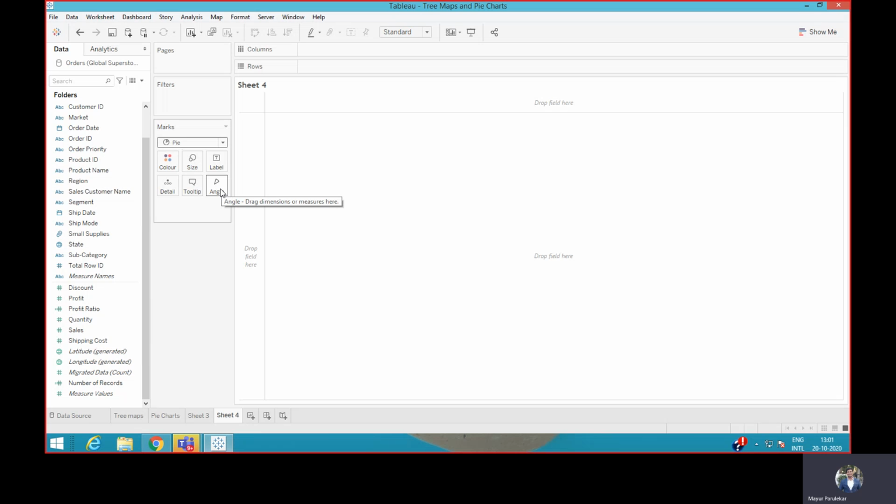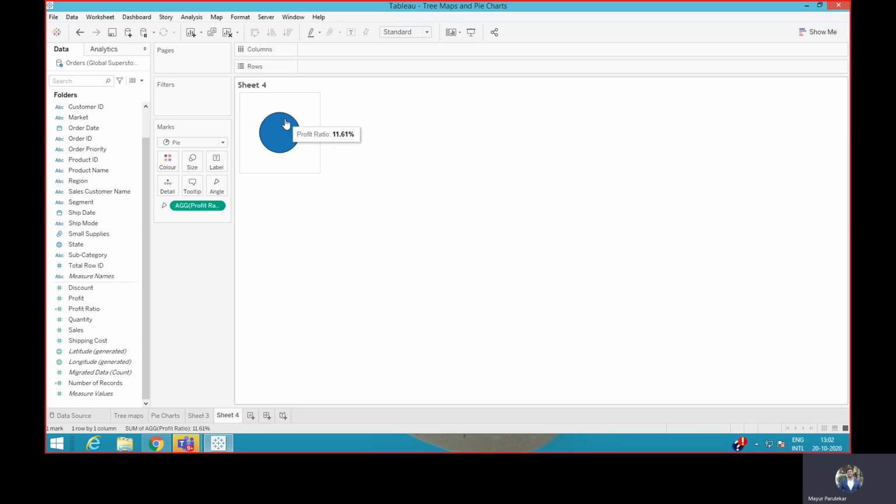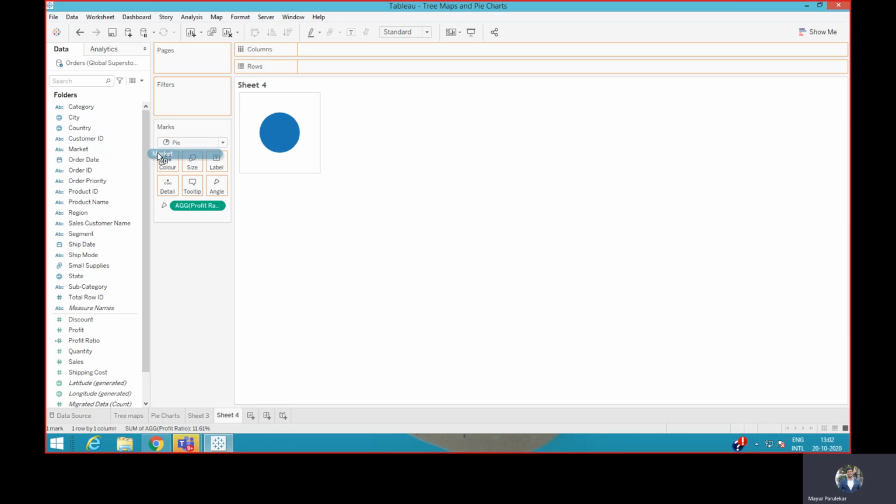All right, so let us assume that I want to separate this on the profit ratio of my entire category. So let me just take profit ratio and place it on the angle. Okay, it will give me a full scale aggregation, because as of right now I've not added any dimension to it. Now the moment I add a dimension, I'm going to add one dimension to color